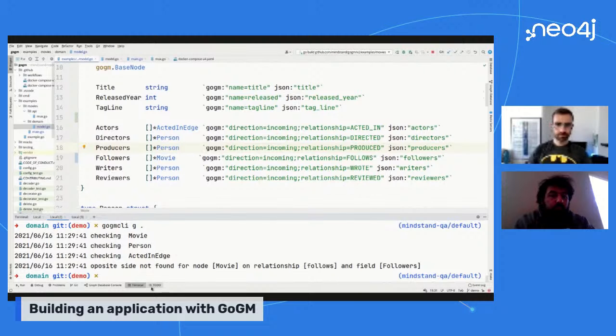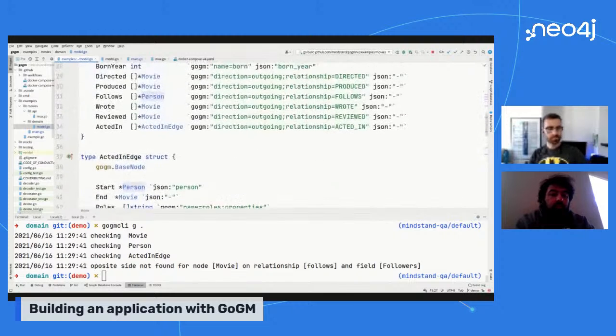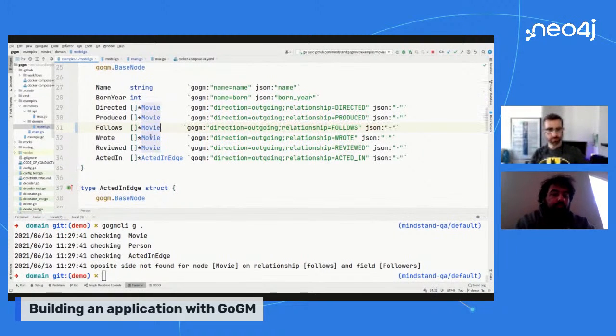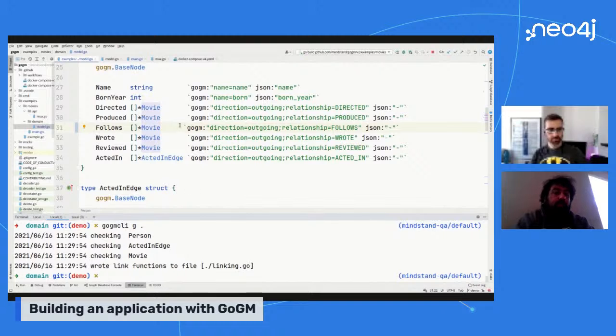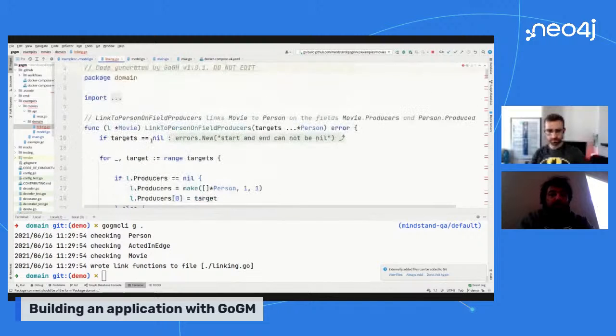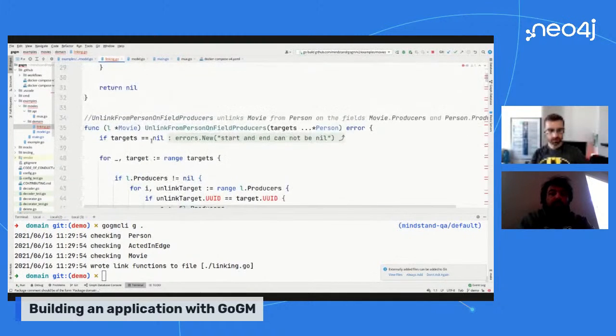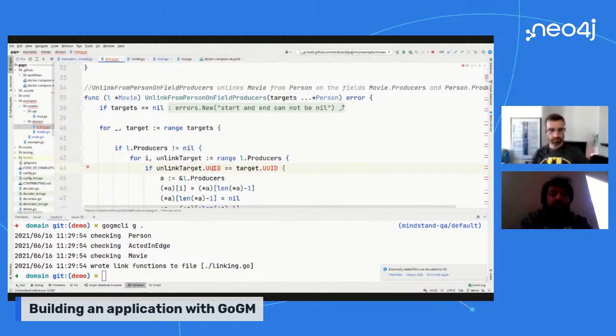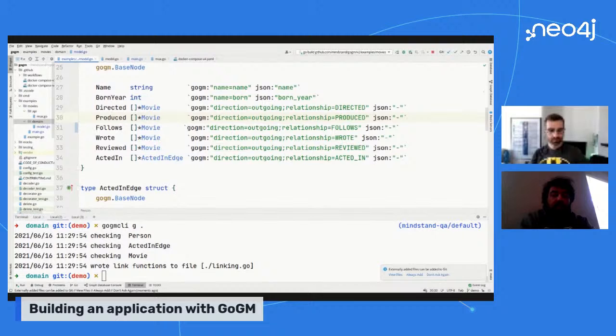Oh wait. And then this side would be movie. Yeah, so I made it work for that. So linking.go just generates these functions. Yep, linking, that was the update that needed to happen. So linking.go is still UUID dependent. That's also going to come out in a future update to use the primary key strategy correctly.